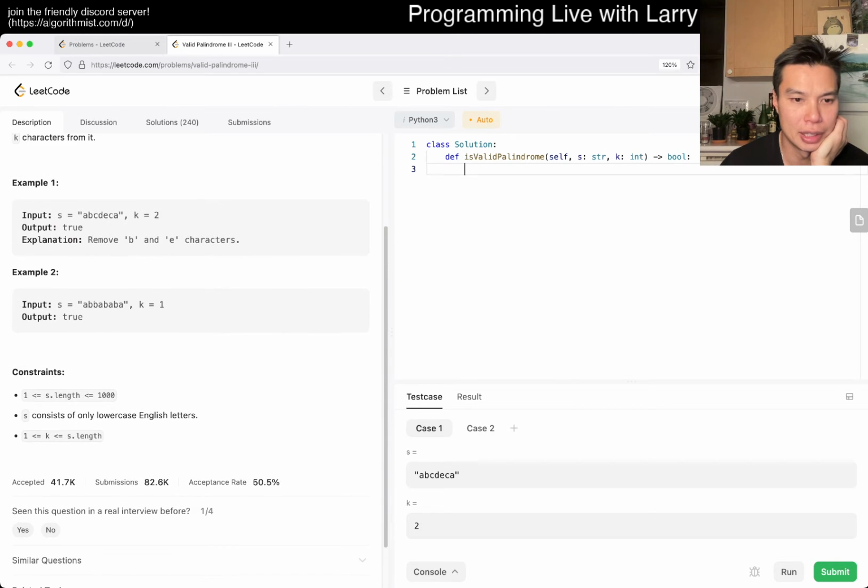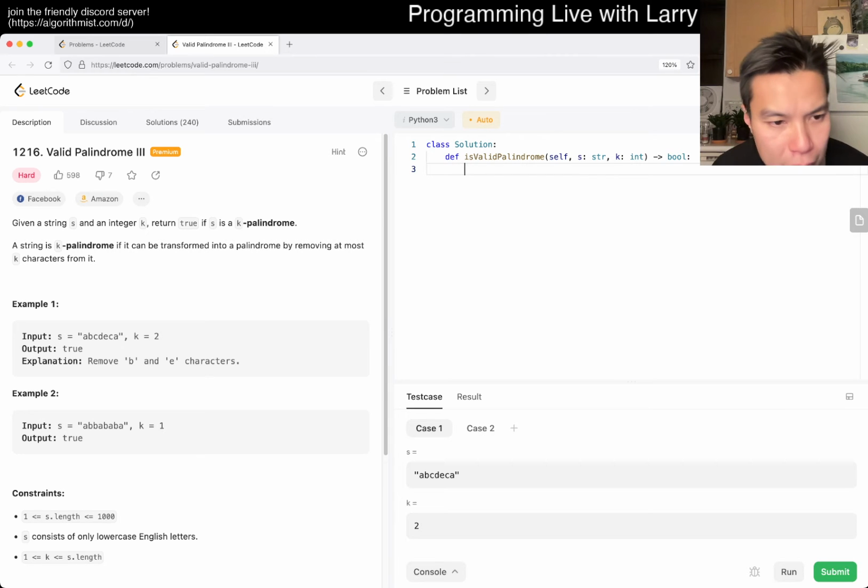I guess there's no really subtlety for this one. This is a hard problem, so okay. Length is 1,000, and k could be anything. So n squared times k is pretty easy for left, right, and k. Or not easy, but easy enough for dynamic programming as long as you have enough practice. In this case though,